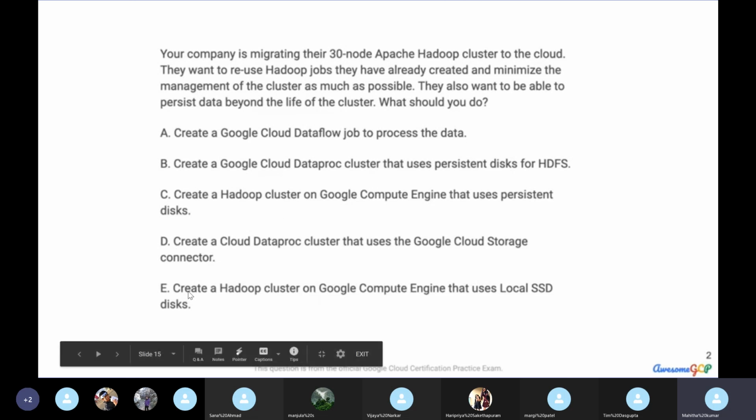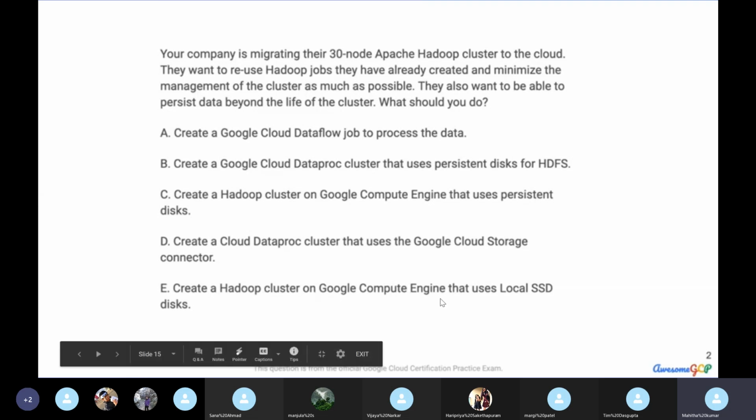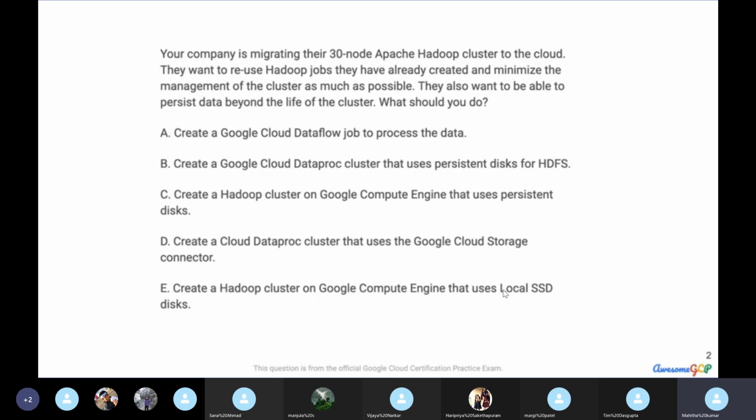And option E, this one is also a Hadoop cluster, right? So it will have more managing needs, and also the local SSD disk. This will be faster than the persistent disk, but here also we will lose the data when we change the cluster, because we can modify the clusters afterwards, similar to the preemptible instance.